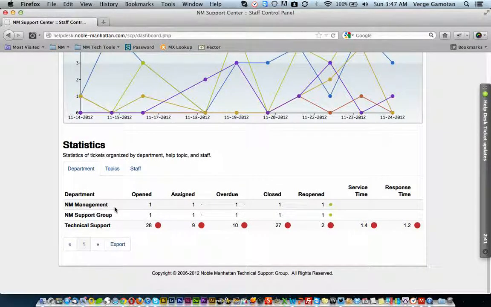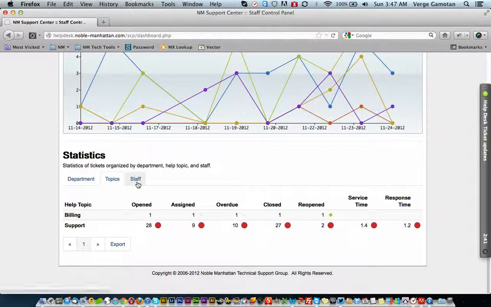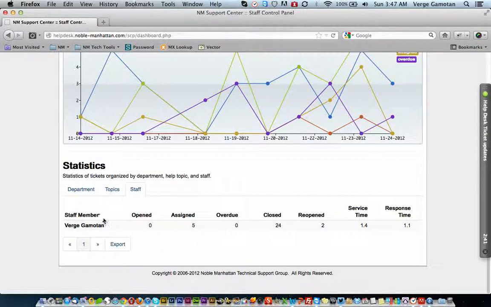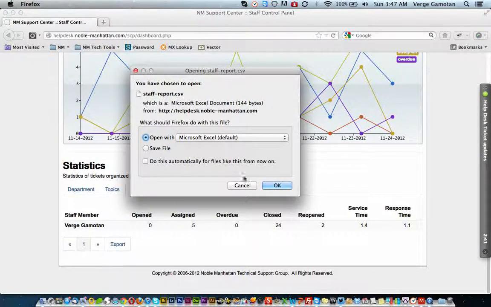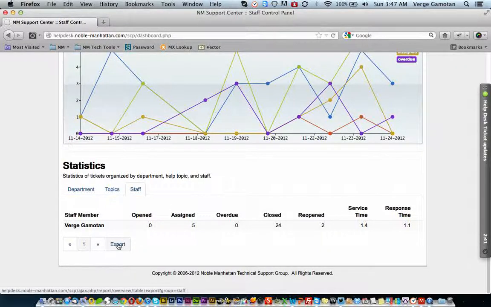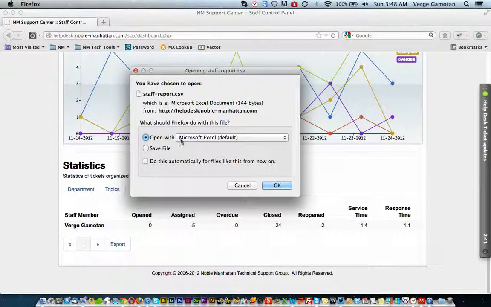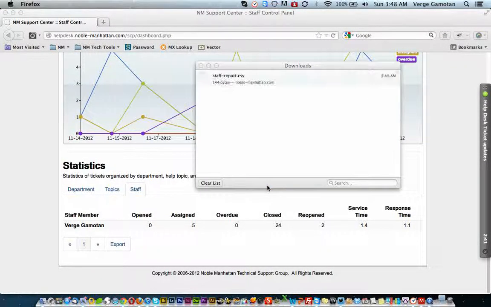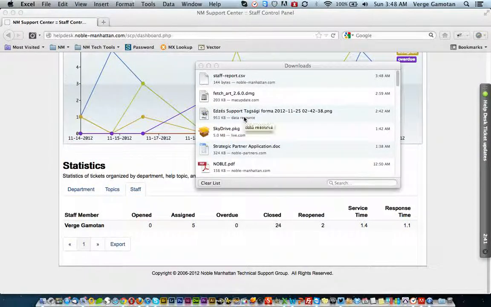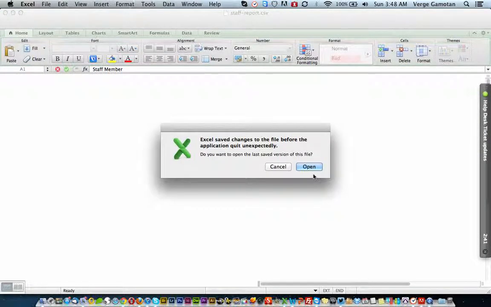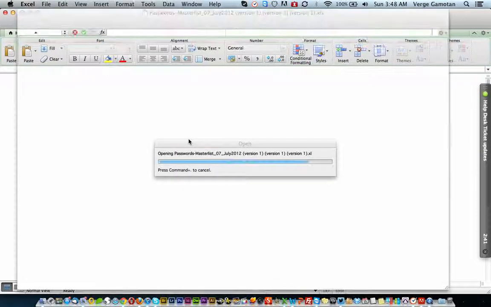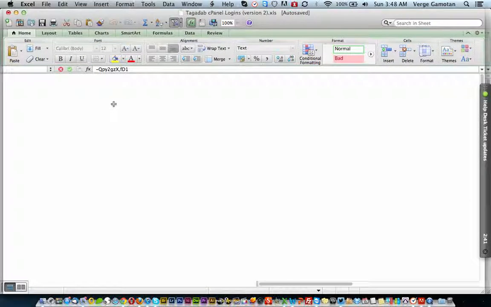Now you also have statistics as to the departments, the topics being submitted, and staff. So you'll be able to see how many. And we also have the capability of exporting it to Excel. So once you click on that, you have Microsoft Excel. Once you click on OK, now this is used for reporting, just in case for whatever reasons you wanted to